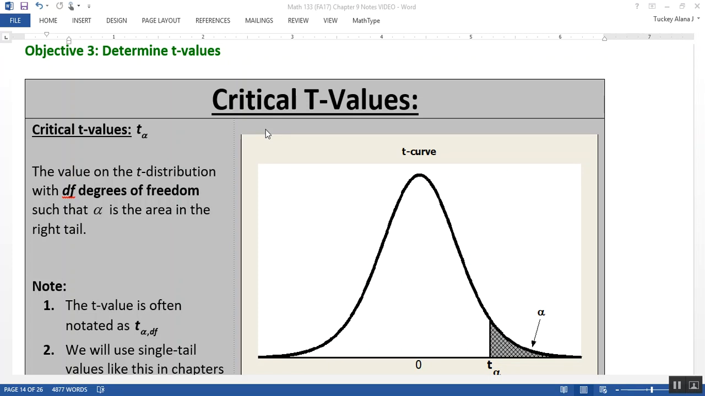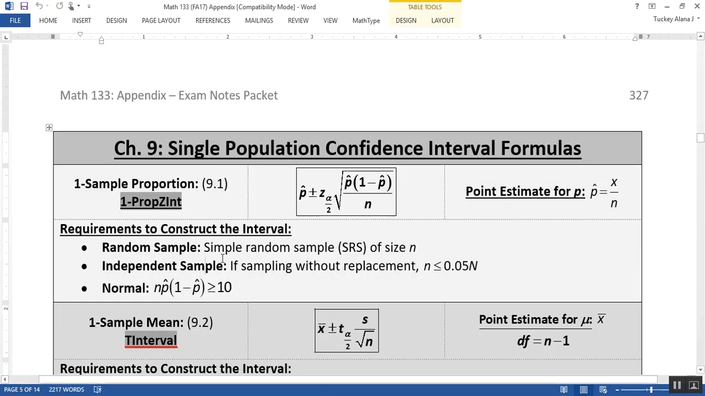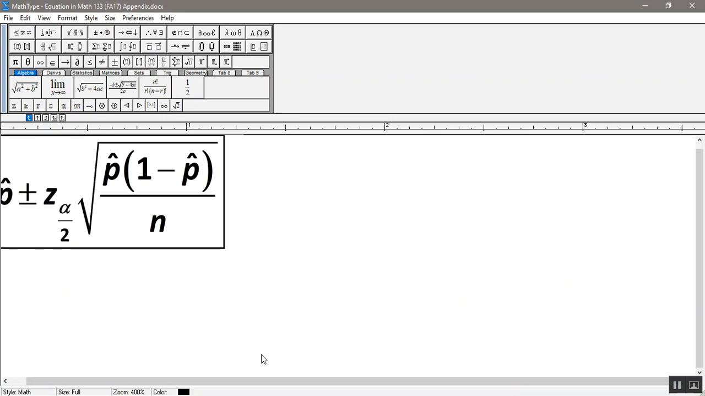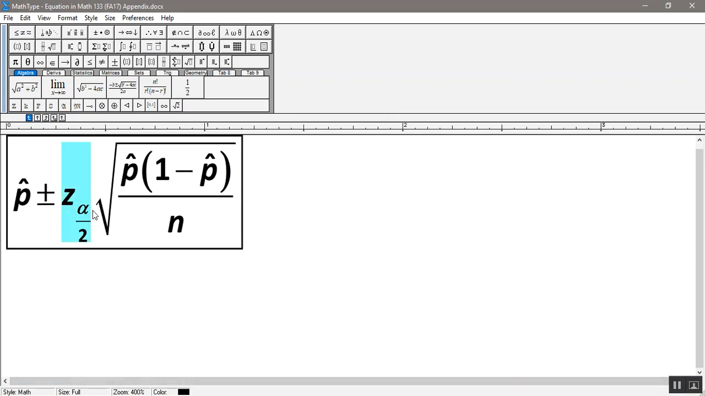Now that we know what the t-distribution is and how it works, we need to be able to find the critical t-values. We need to be able to find these for the same reason we had to find critical z-values back in section 9.1, because it was part of the confidence interval formula right here in 9.1. You can see the critical z-value right there, z alpha over 2, is part of the margin of error, right, which is the z-score times the standard error, and then you add and subtract that away from your point estimate